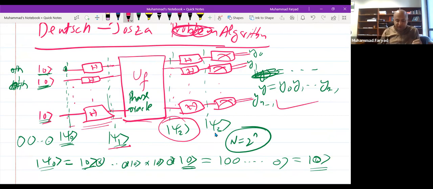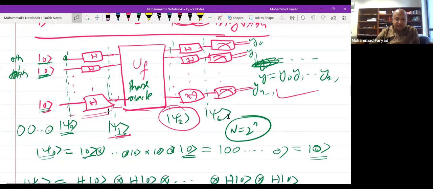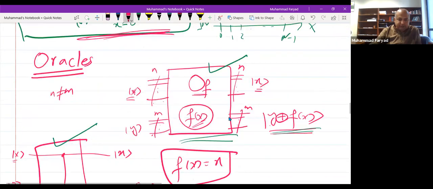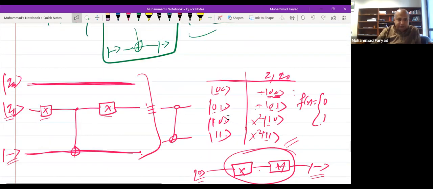Now, classically, when we were trying to guess this function f of x, we were giving inputs on this side one by one. Either input is 0, 0, 0, or input is 0, 0, 1, or input is 0, 1, 0, and so on. But now we have prepared a state psi 1 that has all those possible inputs in a single superposition state. And we give that input as an input to this phase oracle. And the output psi 2 of this phase oracle, when we give this psi 1 as input, the output is